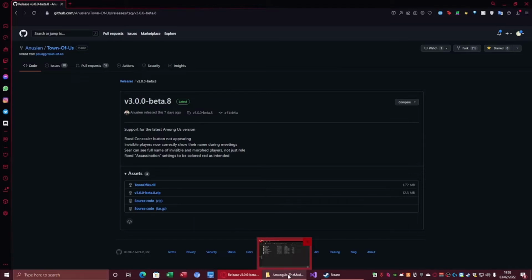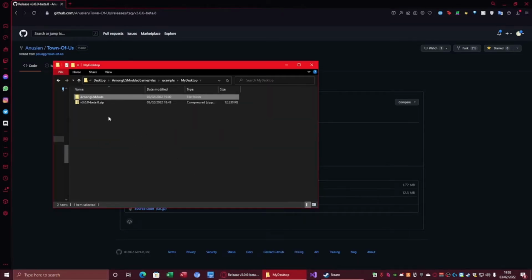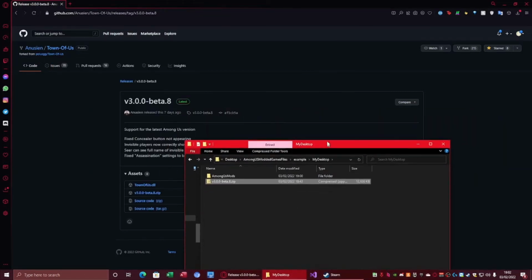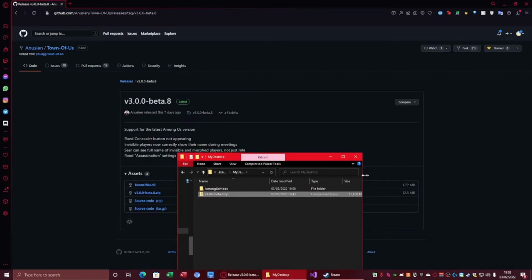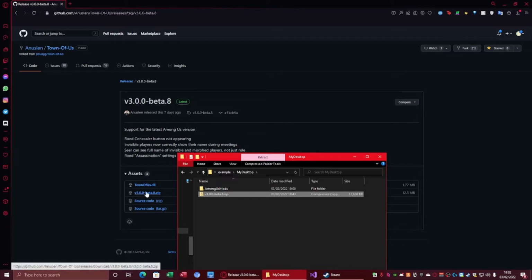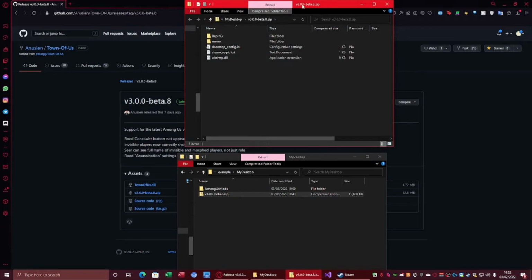And then I'll go back up to my desktop, which is where I've already got the downloaded zip. So you can see that this is the same zip as what is there. You can see the zip there is this one here. So what you then want to do is right click and go to open in new window. And then when you do that,